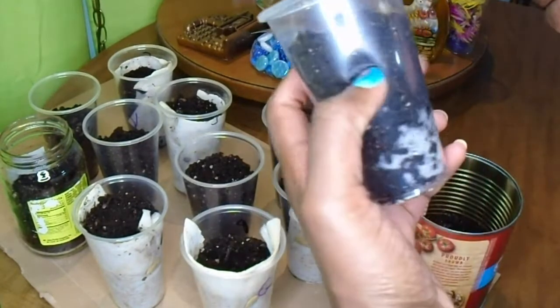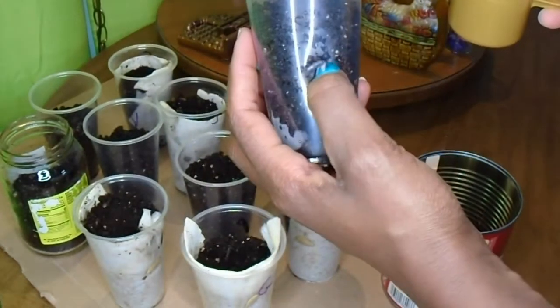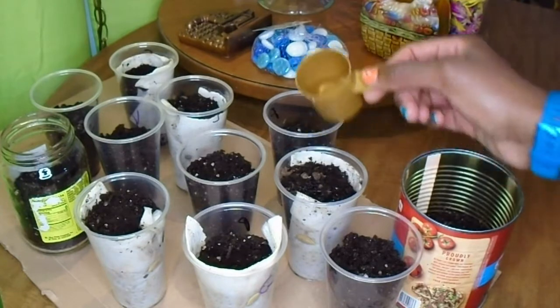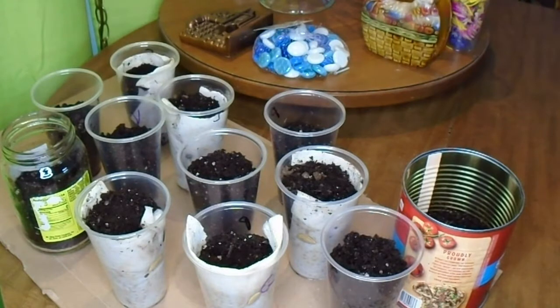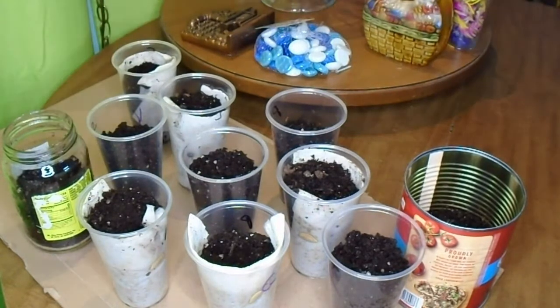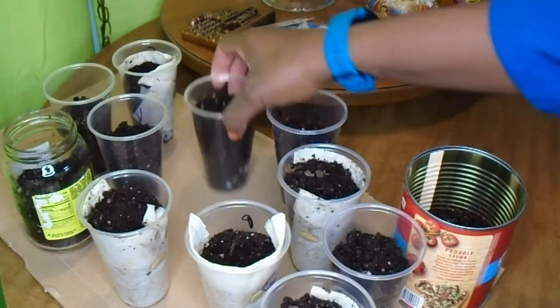to kind of get it. A little bit more so you can see. You kind of see where it's wet but not like soggy. And the ones with the paper towels are going to go dry a little bit sooner than the ones without. So the ones with paper towels, you want to make sure you check those a little bit more often. So you just put a little bit of water in there. You don't need a whole bunch. And then the ones with paper towels,